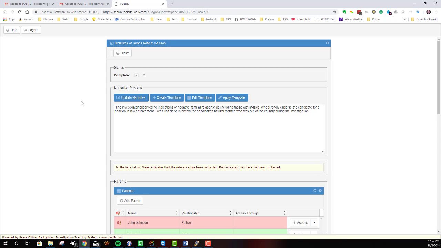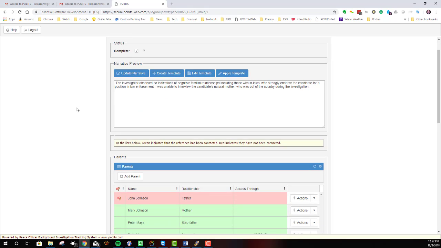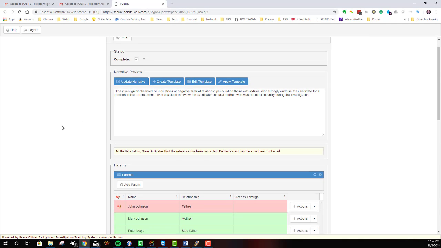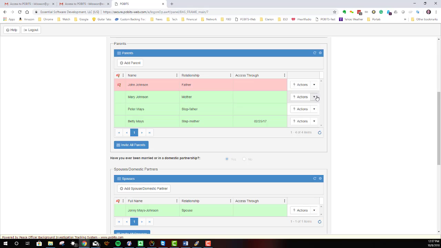Now, be advised that you may not have access to this because the investigator can determine whether or not you do. And if you don't, then you don't, and the form will start down here with the parents. Within the investigative area, we have a number of subjects, in this case, all relatives. And for any of these people, you can go over to the Actions tab,